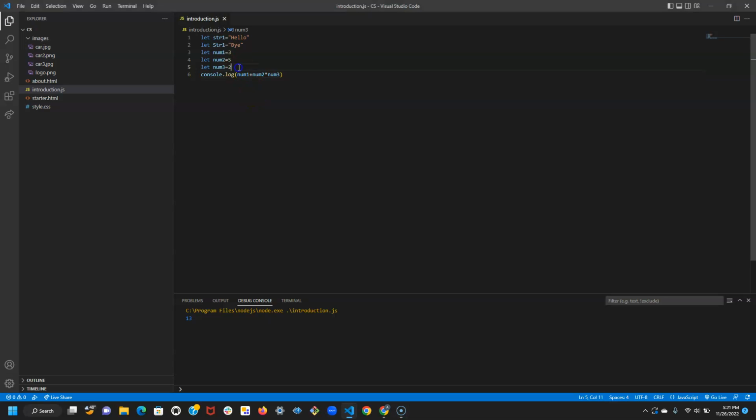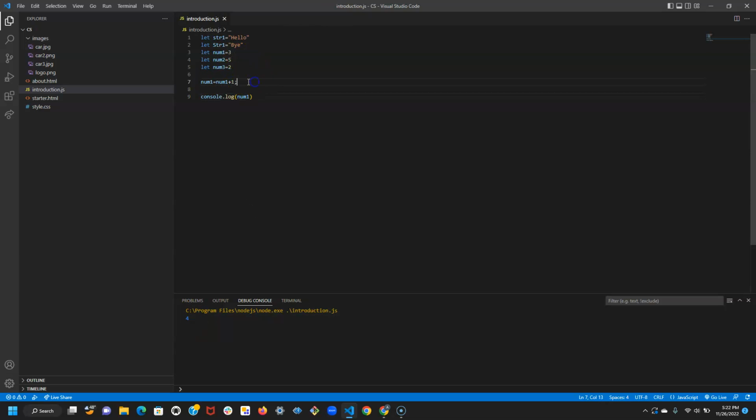Another thing to note is that these are variables. We can change the values even after we initialize them. So you see how I set num1 to 3? Let's say I want to increase it by 1. What I can do is set num1 equal to itself, like that, and then add 1. And let me just get rid of all this. Save and run without debugging. It's going to print out 4 because we set it to 3, then we set it to itself plus 1,